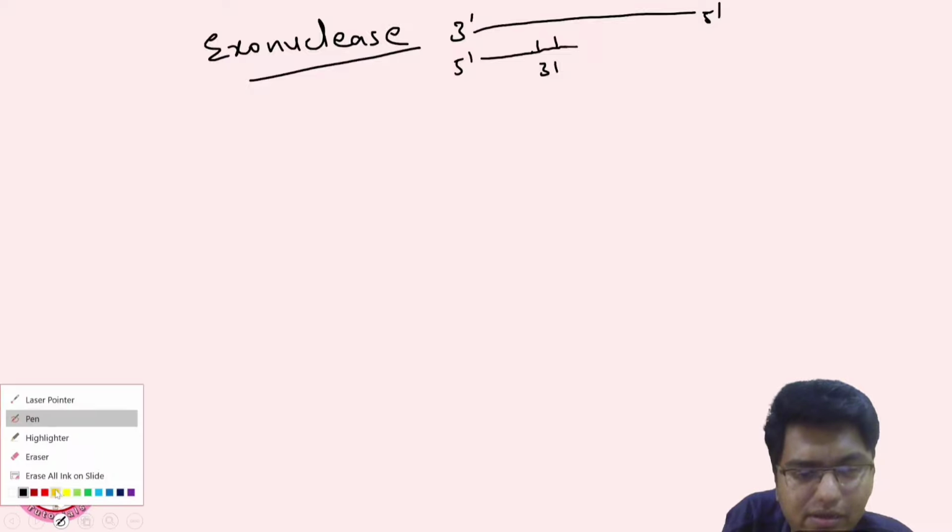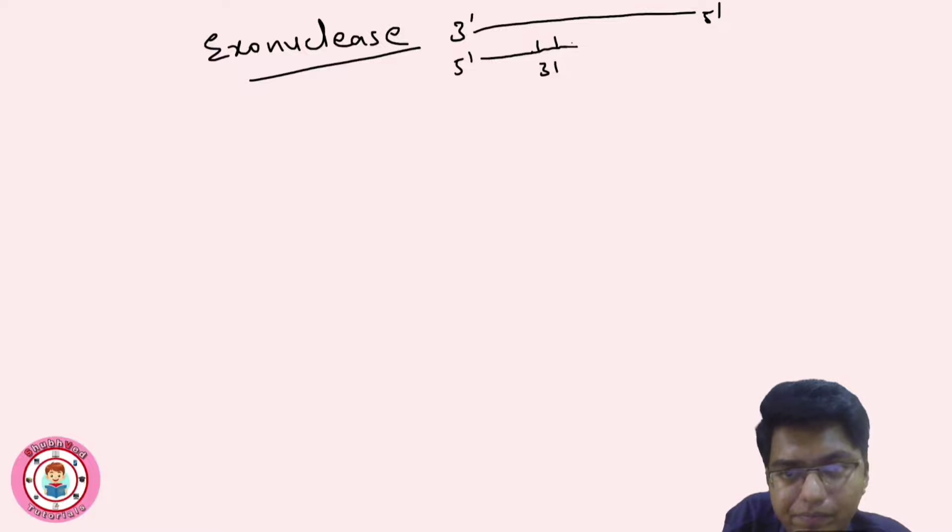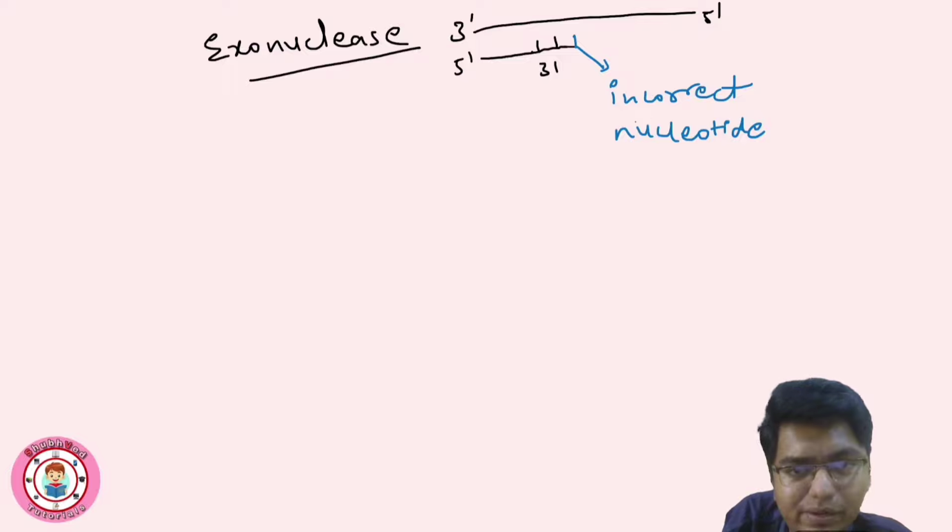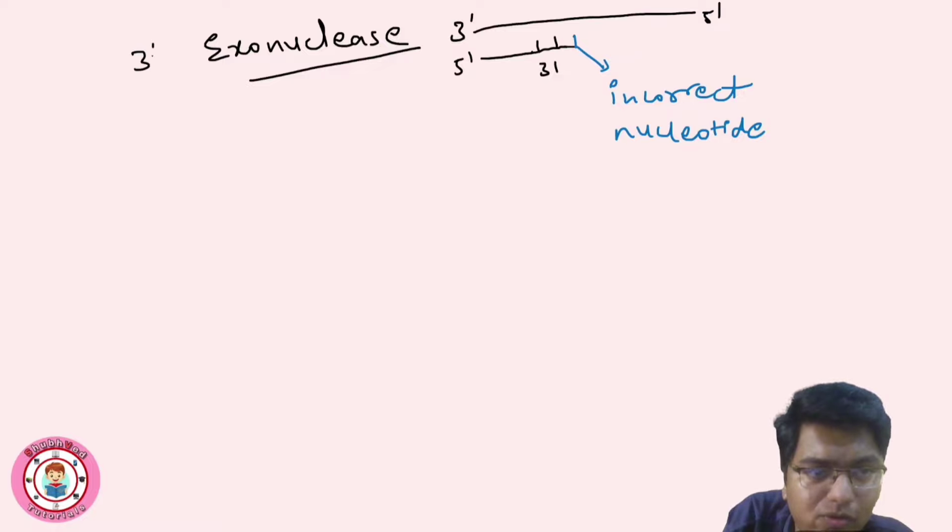Now I will change the color for the nucleotide here. So this is an incorrect nucleotide. This incorrect nucleotide has to be removed. So this is a 3 prime end. So here comes the work of 3 prime exonuclease. We can see these are the types, 3 prime to 5 prime exonuclease and 5 prime